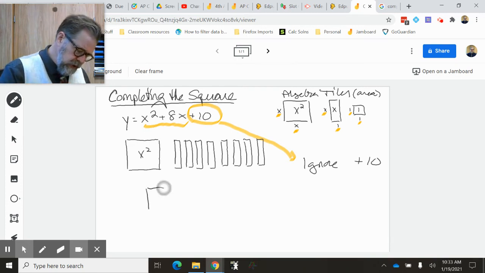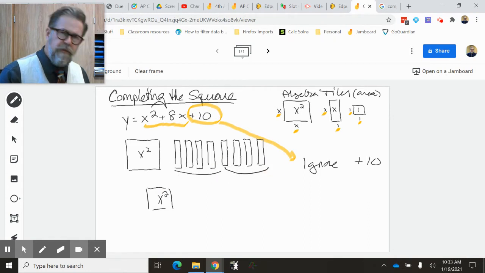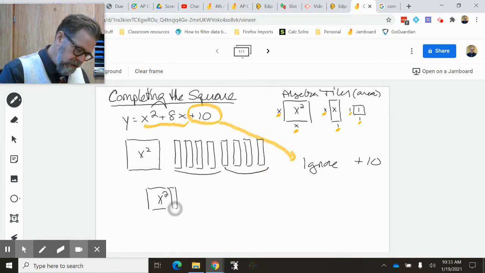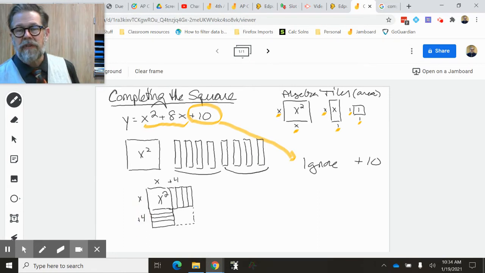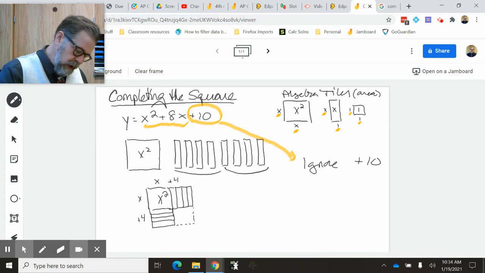So when I look at this, here's my x squared. Well, I've got 8 tiles, so that should mean that I could put 4 on each side, and I will have something vaguely square-ish. 1, 2, 3, 4, and 1, 2, 3, 4. If I were to fill in this corner, I would have a square. This square would be x plus 4 by x plus 4. But the corner's not filled in. Well, what do I need to fill it in? This is a 4 by 4 square, so I need